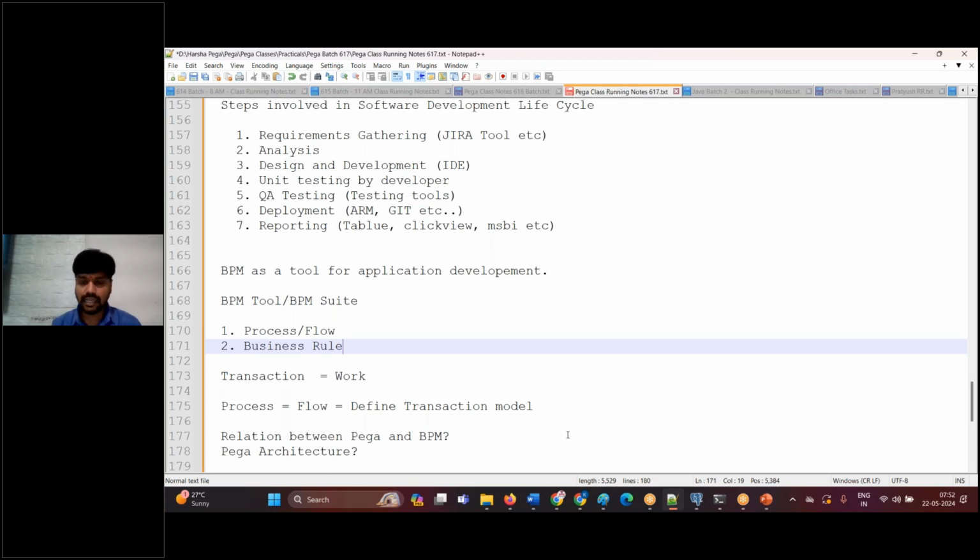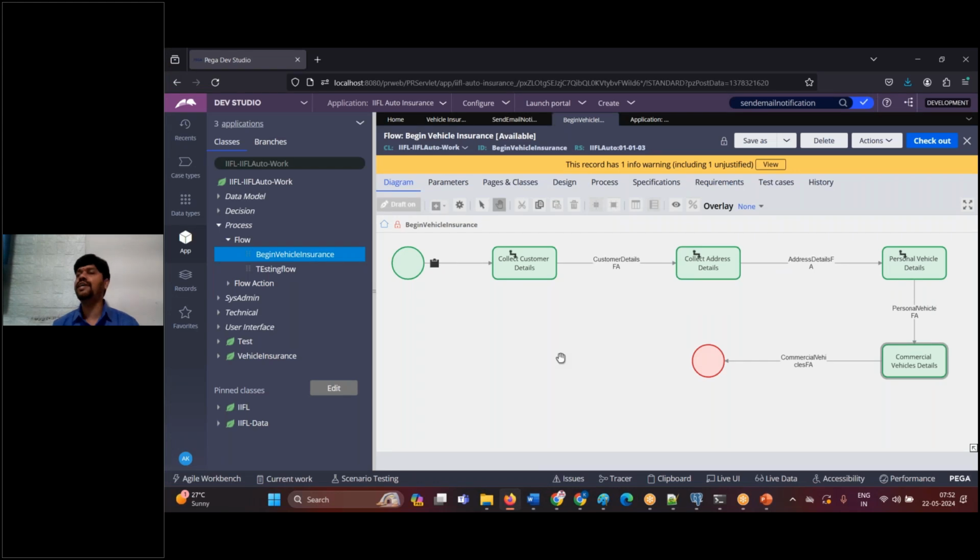See, business rules are like this: you are going to keep some rule yourself, that is, I want to wake up tomorrow morning at 4:30 a.m. You are going to store that rule somewhere. Where do you store it? Where will it be stored? The rule will be stored or not? It will be stored in your memory, right? Or in your mind. Same way,